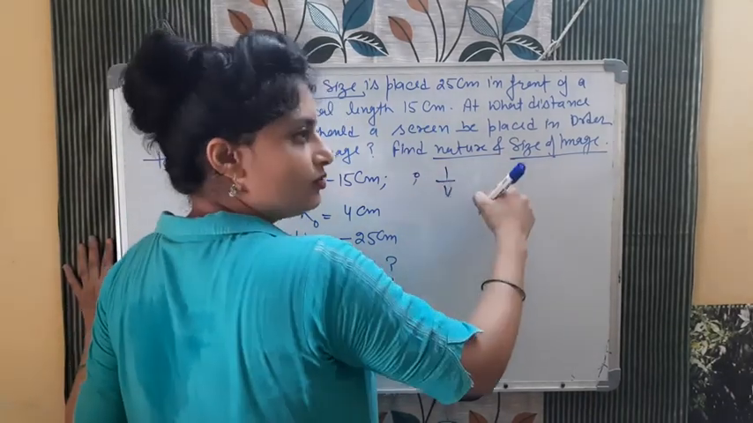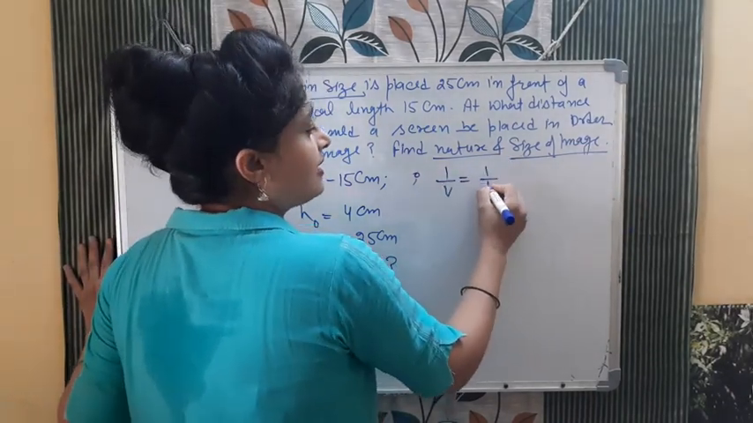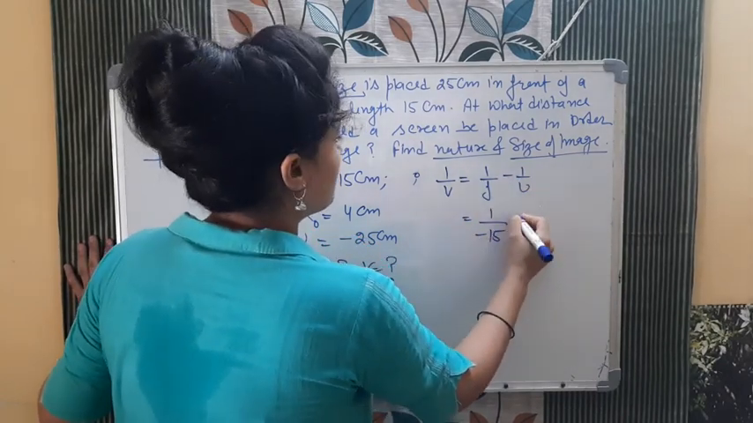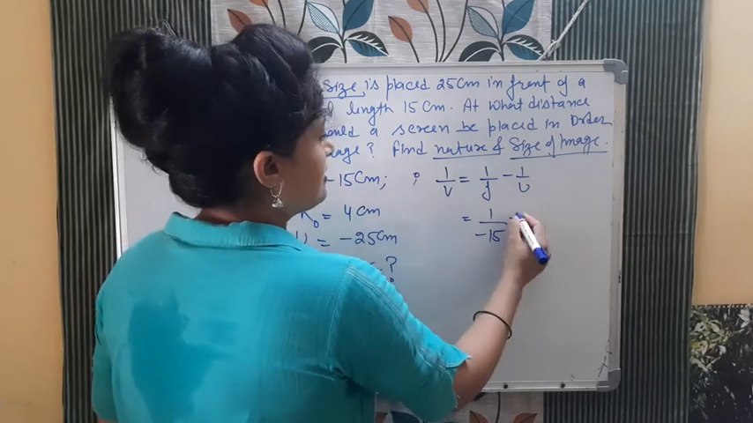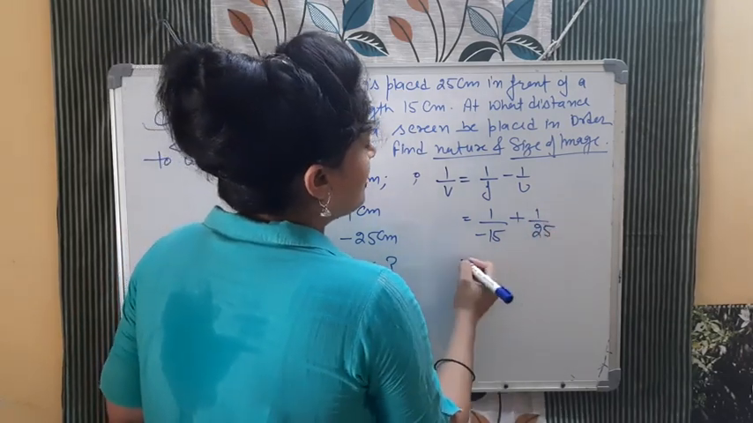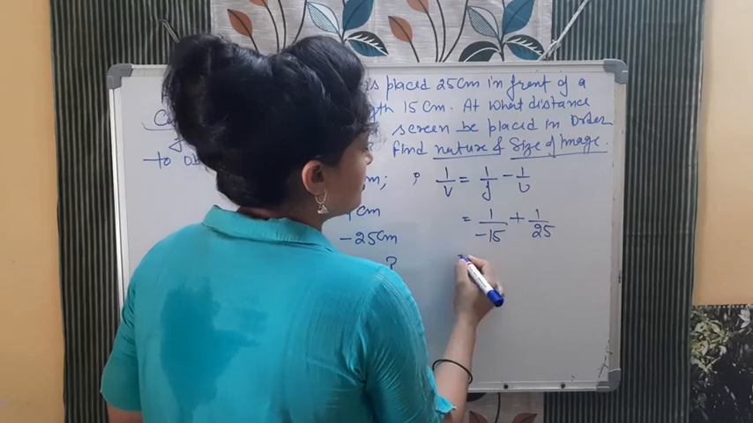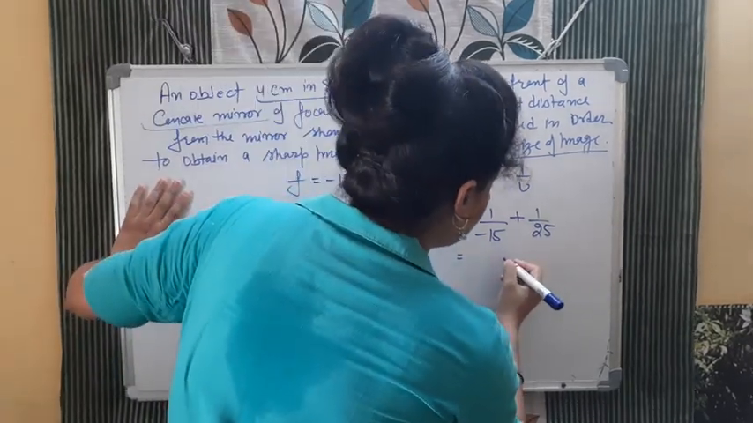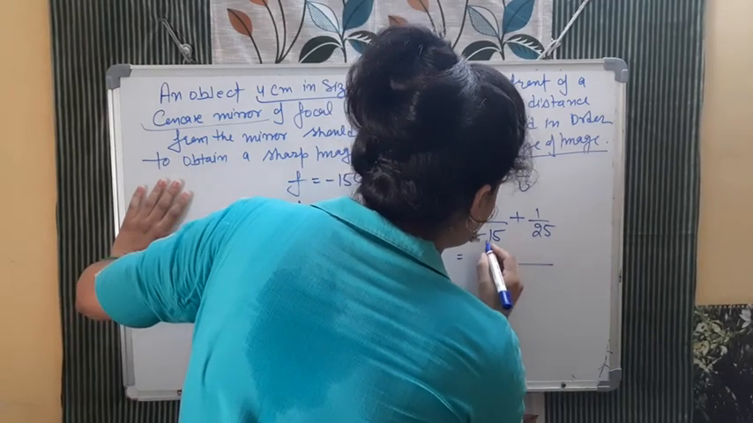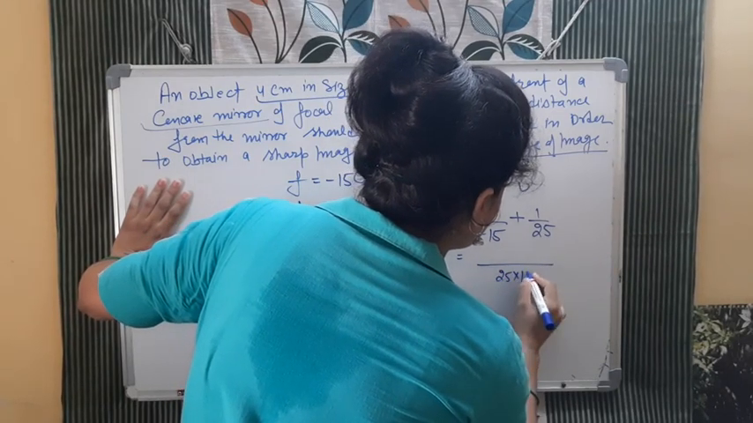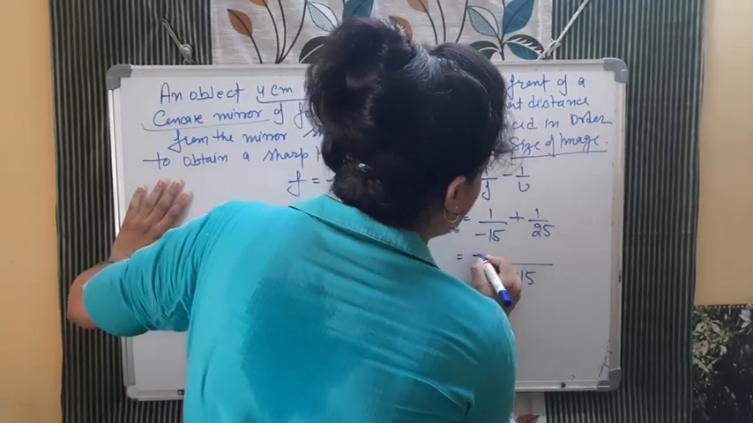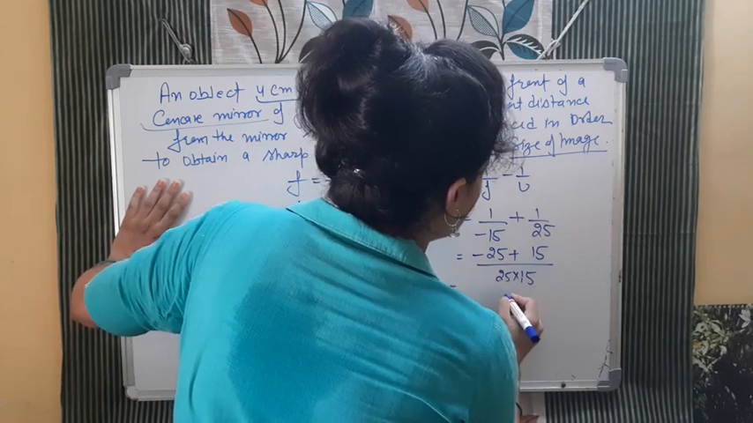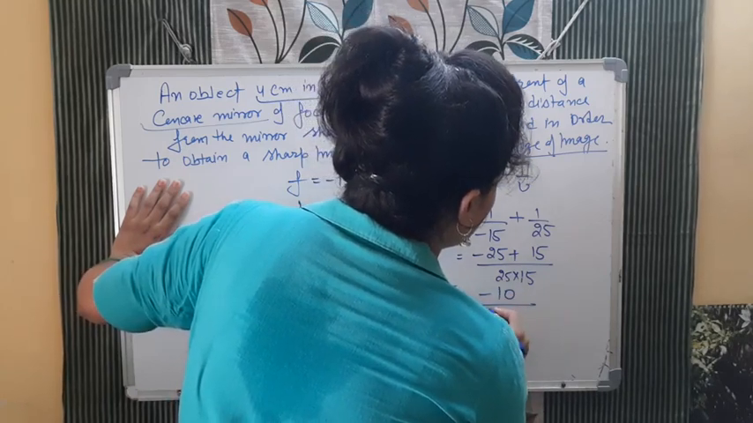1 by v plus 1 by u is equal to 1 by f, and we can write it like this, minus 1 by u. Okay? 1 by f. F is what? Minus 15 minus and u minus here 1 by 25. Okay, now you need to take LCM and you need to solve this. How you will solve? Just take the LCM and it will be okay. So it will be minus 25 and plus 15, and here it will be minus 10 divided by